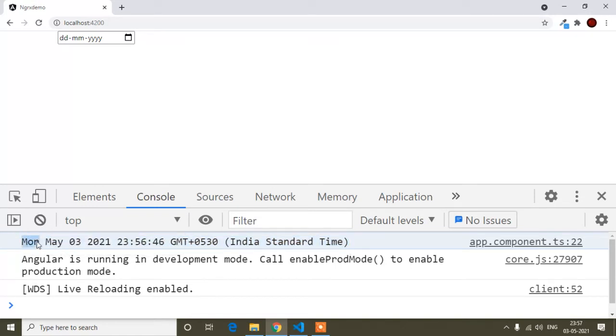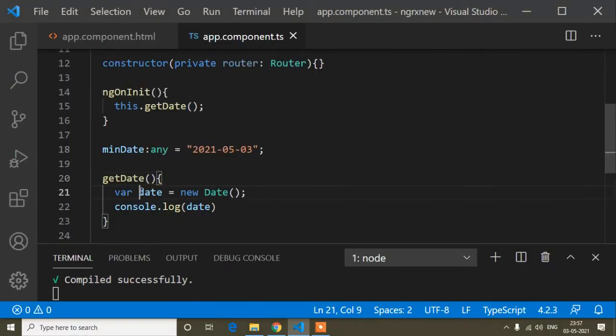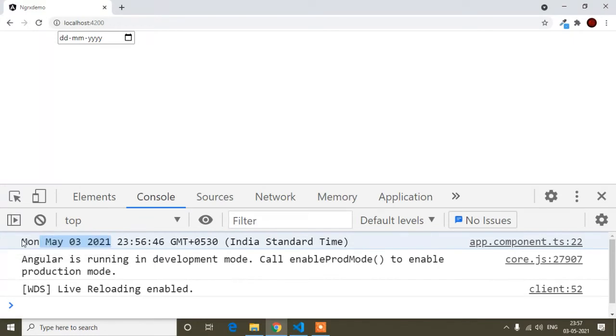Today is Monday, so you can see Monday, May 03, today's date is 3, the year 2021, and this is today's time. I don't need that time, I need only this May, this one. Okay, so from this date method, I have stored the result inside this date variable. So inside this date variable I am getting the whole date.